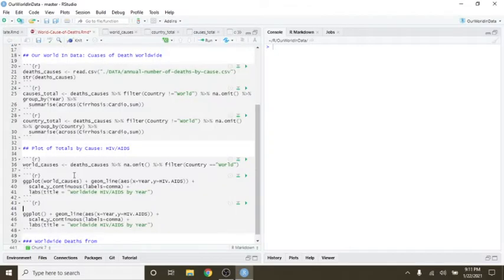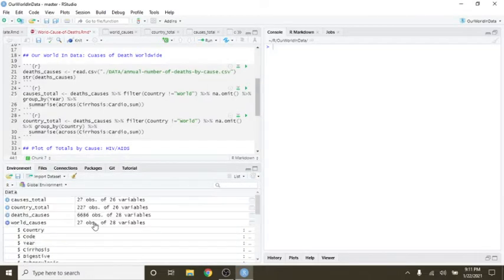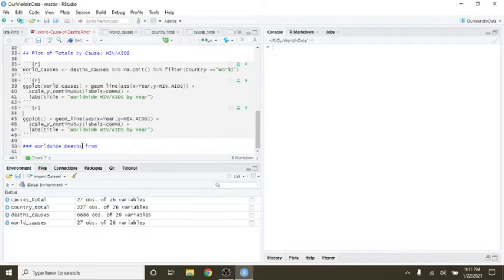What can we do here? We're going to say death totals, causes,